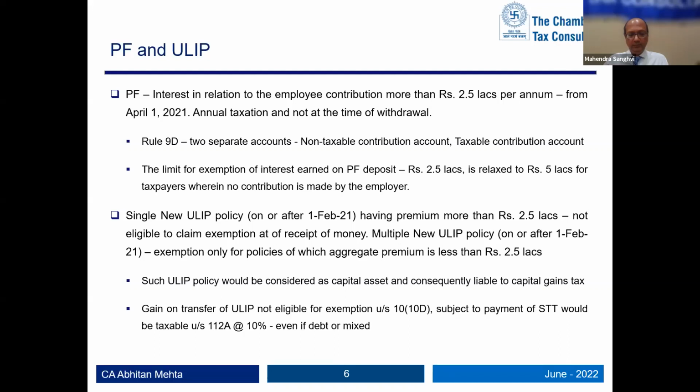It is not like a normal 80C. And if you contribute 2 lakhs, you get 1.5 lakhs. They are looking policy-wise and not aggregate-wise. And there cannot be an interpretation that just because I contributed more than 2.5 lakhs, for the entire policy I will not get the benefit of it.